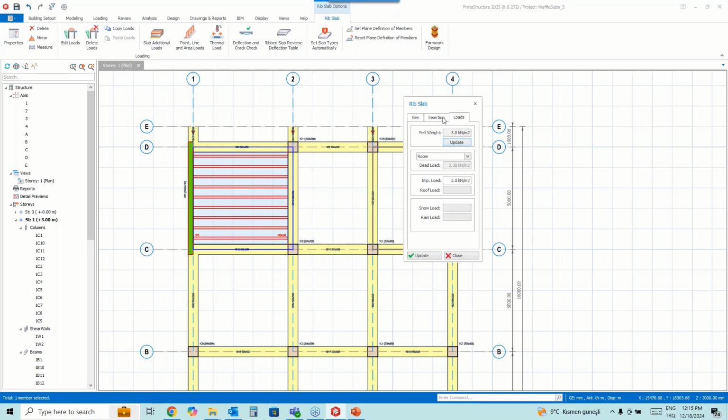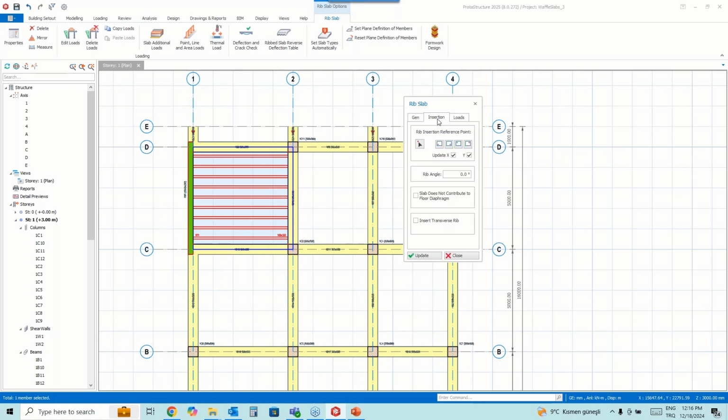As you see, self weight is 3 kilonewtons written here, but if you check this option, you will see that it will be increased because infill materials will be considered as well. By the way, I just selected a load from our library, but if you want, you can also manually insert a load from here like this.